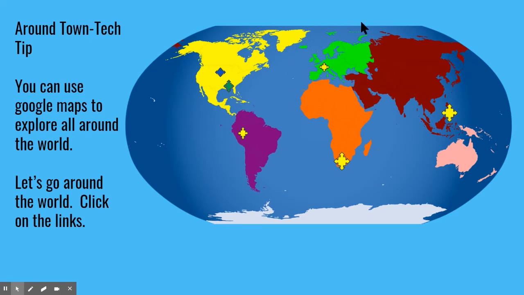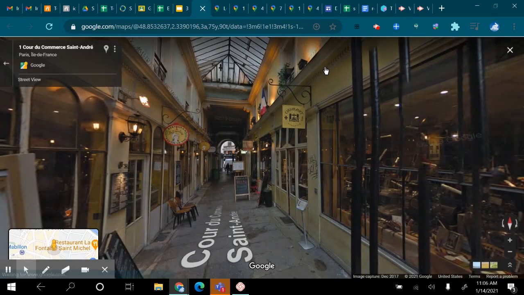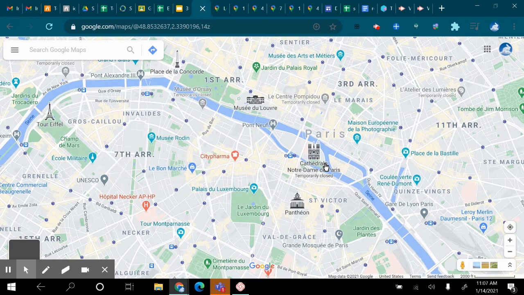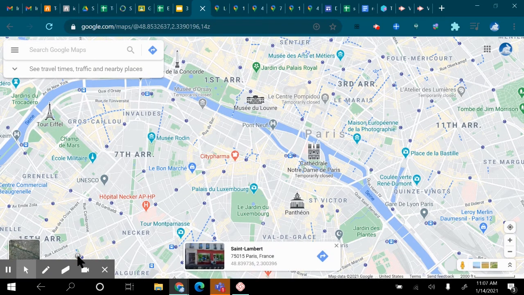So in Google Maps, you can walk around towns. So we're going to go to Paris to start this, and I encourage you to go to the different places. This is already set for Street View. On your own, if you start on the grid view like this, on the left-hand side, there's a box that says, I'm sorry,